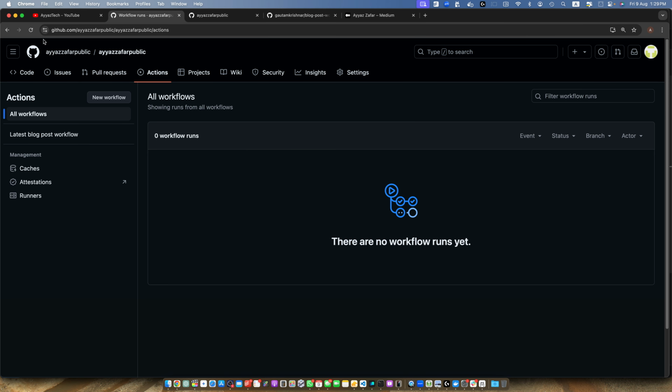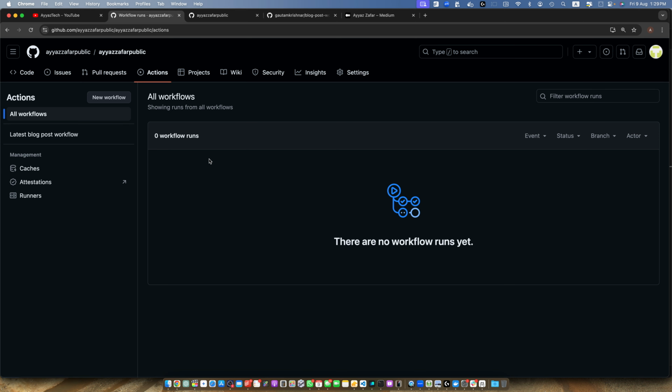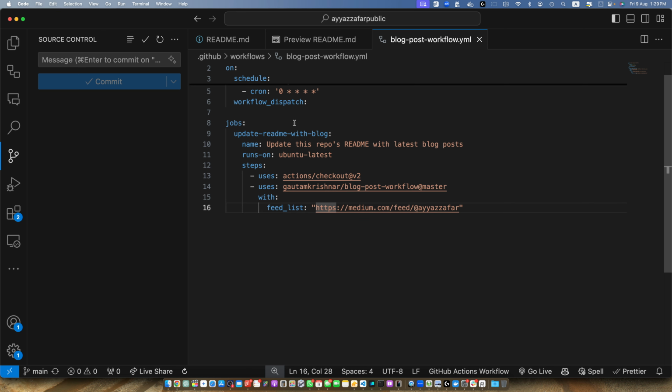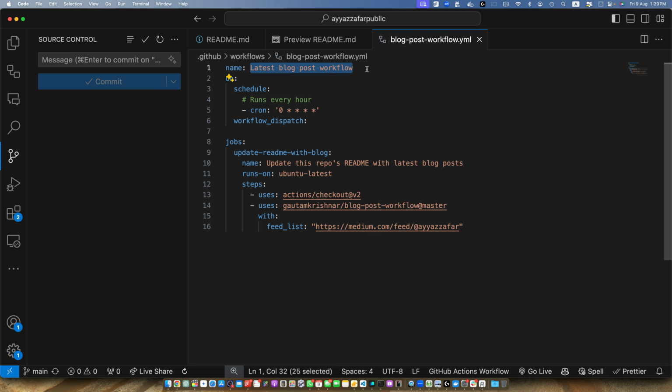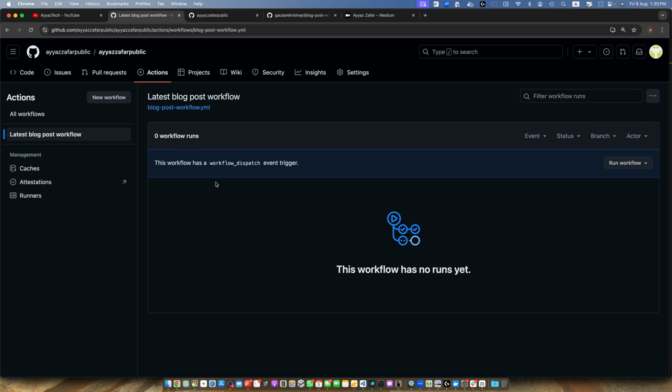After it is uploaded, if you reload it again, you will notice that the workflow should appear. If there is something wrong, it will not appear. Actually, this is the workflow, the latest blog post workflow. This is the name that we gave here. If you click on that, it is still saying that